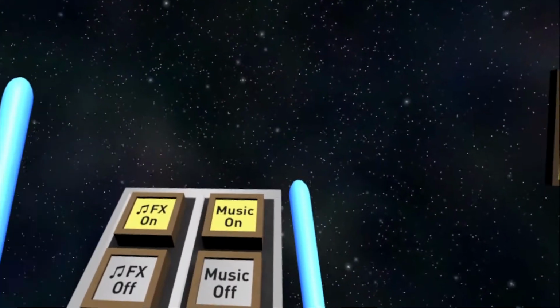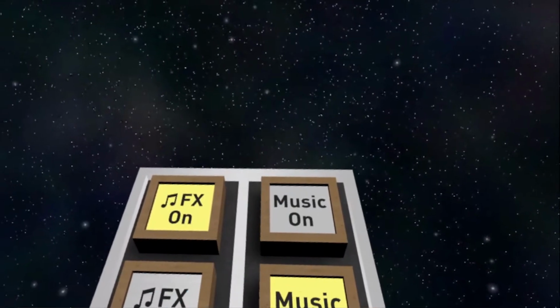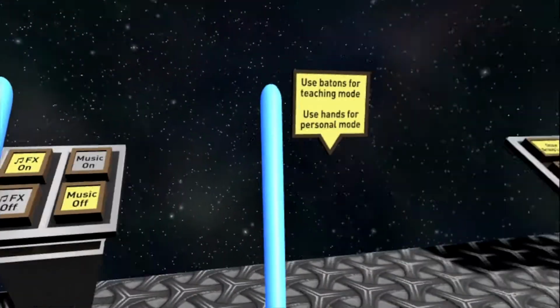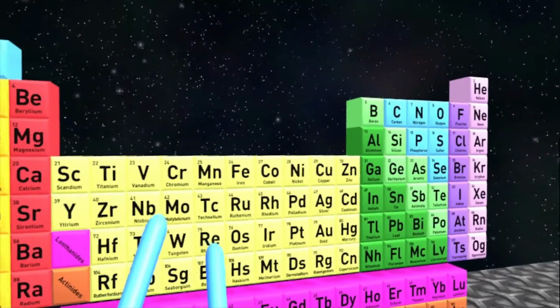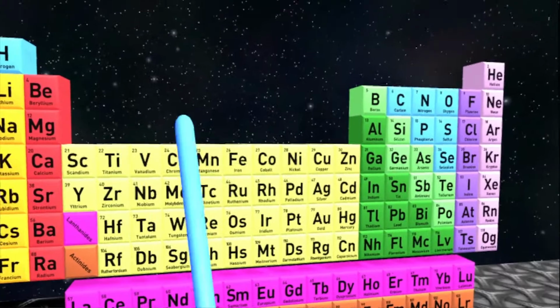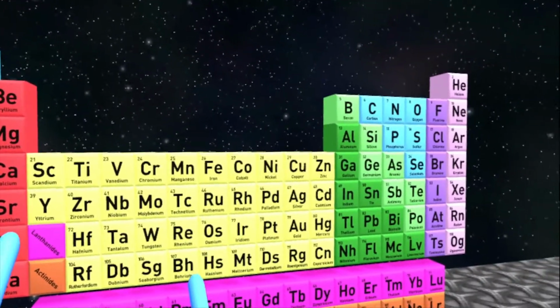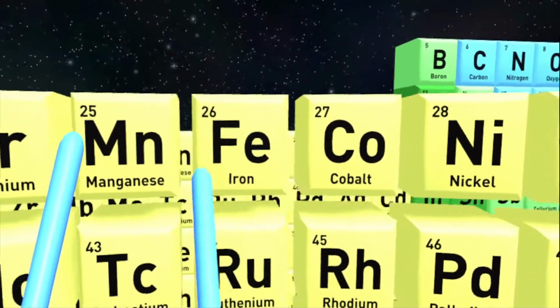Then over here, I'm actually going to go ahead and turn off our background music, but I'll leave on our sound effects. All right, let's take our batons back over to the periodic table here. And I'm going to start by launching out a whole block, a whole group of elements. So I'll just walk straight forward and stick my baton